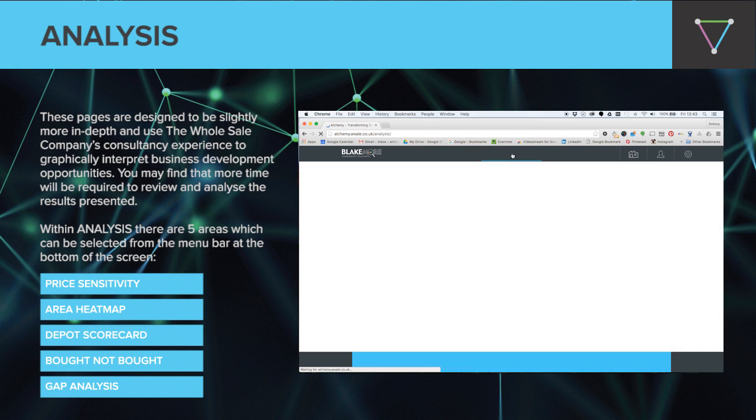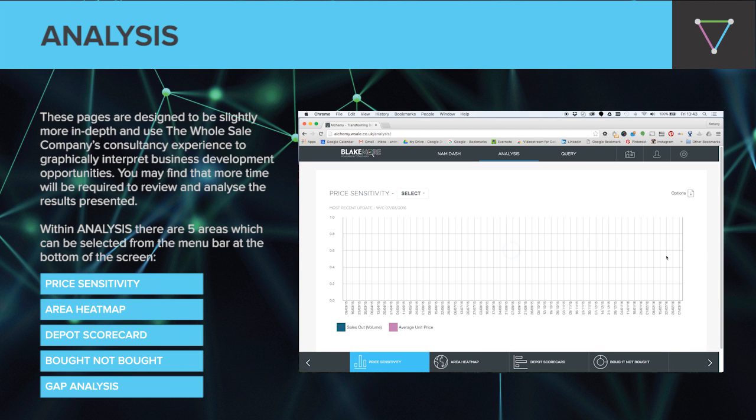Analysis. These pages are designed to be slightly more in-depth and use the wholesale company's consultancy experience to graphically interpret business development opportunities. You may find that more time will be required to review and analyze the results presented. Within Analysis, there are 5 areas which can be selected from the menu bar at the bottom of the screen: